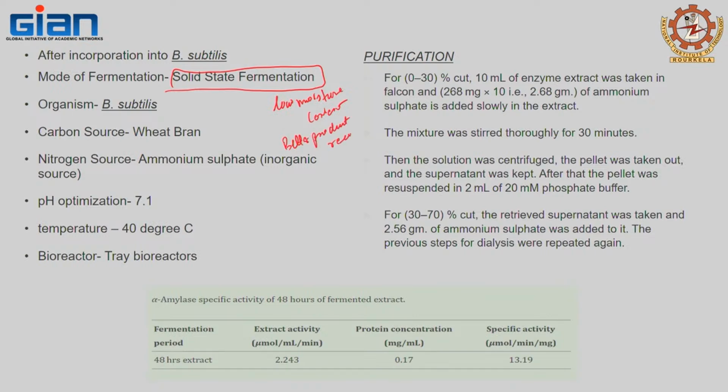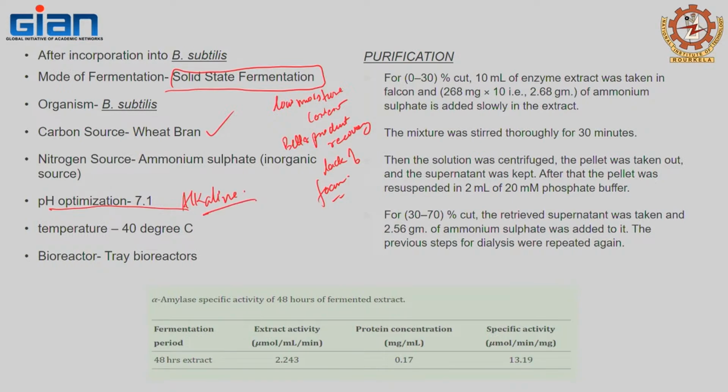The substrate that we have used is wheat bran, which is an agricultural waste. For the nitrogen source, we have used ammonium sulfate, an inorganic source. In the study, we found that the optimized pH is 7.1 for the production of alpha amylase using Bacillus subtilis, and temperature